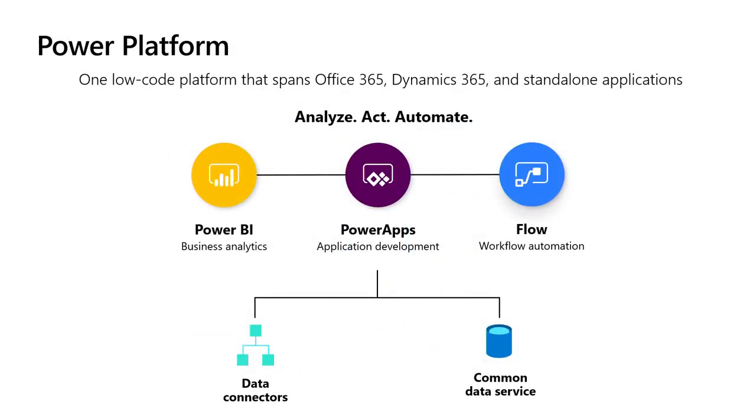So Power Platform for us represents that central hub that sits amidst the rest of Microsoft's technologies to integrate them and be able to carry them forward as part of digital transformation. The three principal tools inside of the Power Platform: Power BI, Power Apps, and Flow. They sit on an Azure-based backend that includes data connections to other data services, as well as its own internal database, the Common Data Service, for being able to capture data that you are going to light up with workflows and with applications built on top of Power Apps.